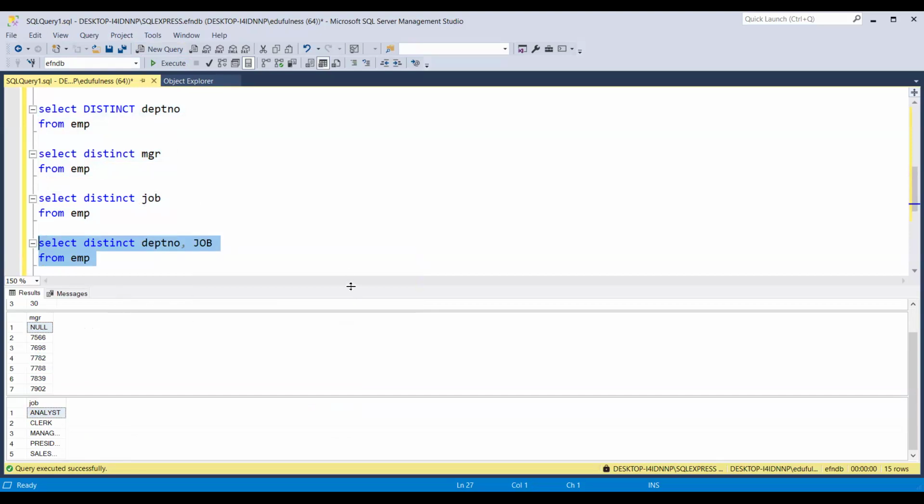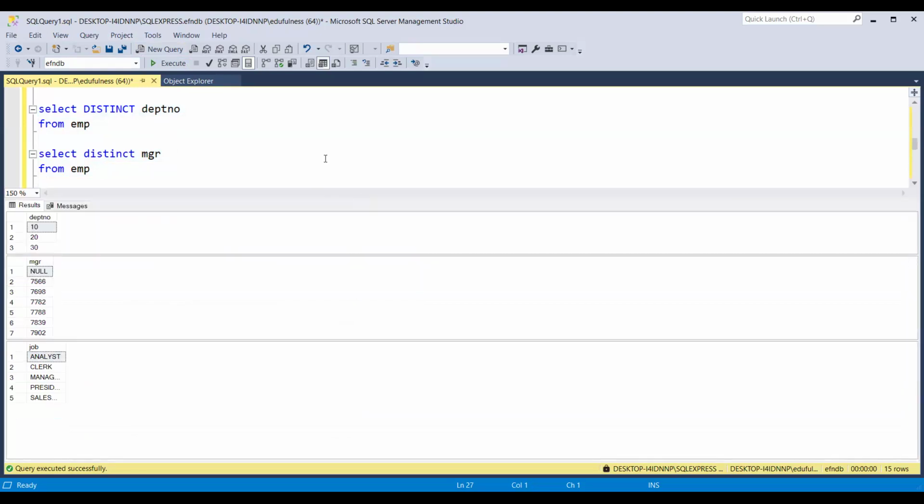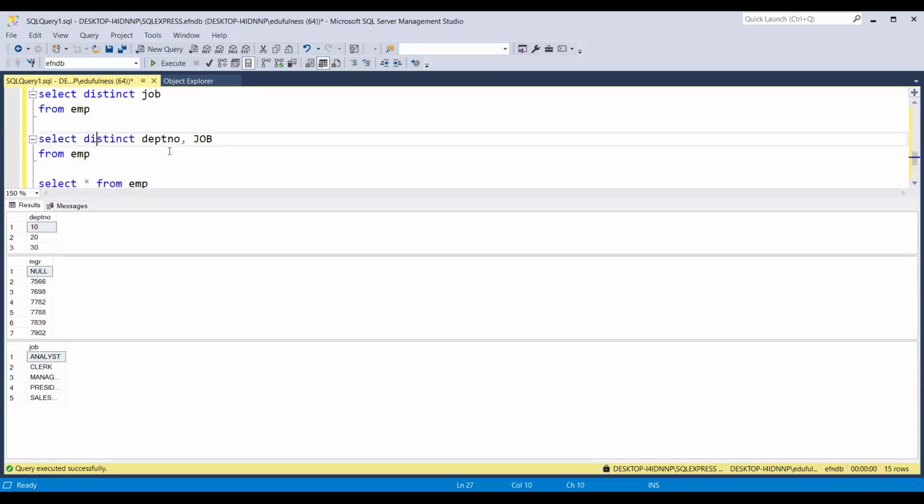So the query is in front of you. I am writing multiple columns in the DISTINCT actually. So how is distinct going to work? Is it on a single column or multiple columns? Tell me how the output is going to come. I think it will error out. It will work on only a single column. On the combination of department number and the job. It will work on the department.